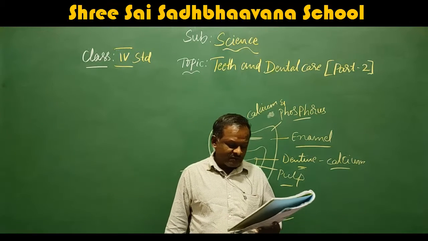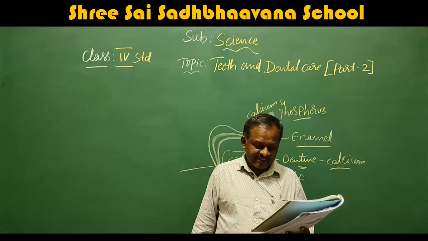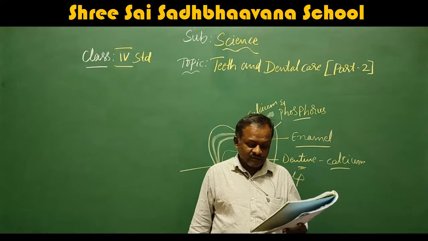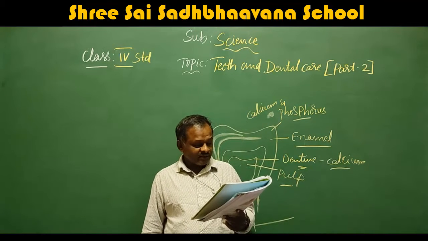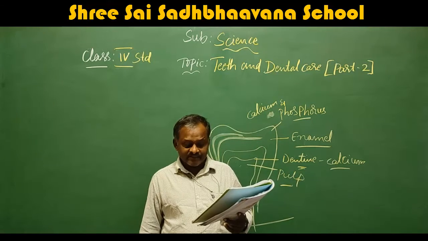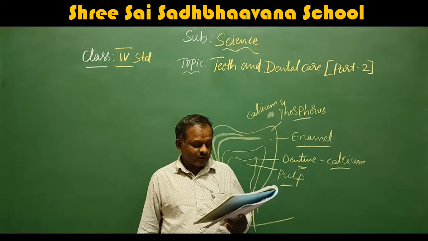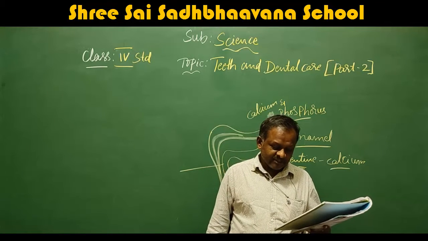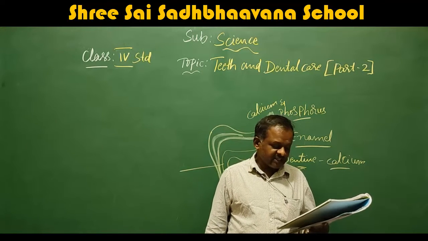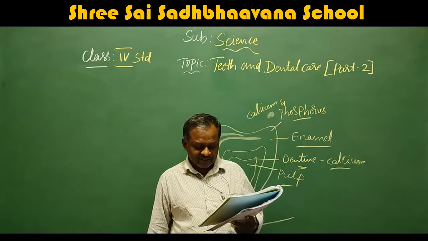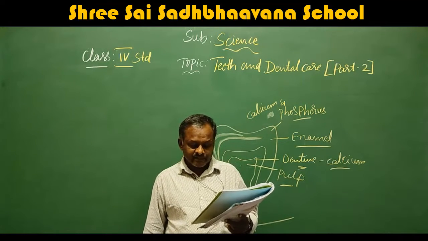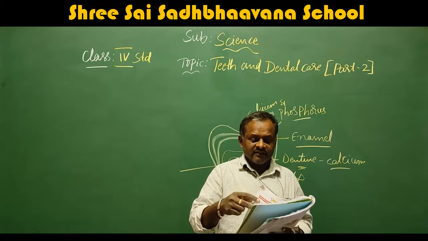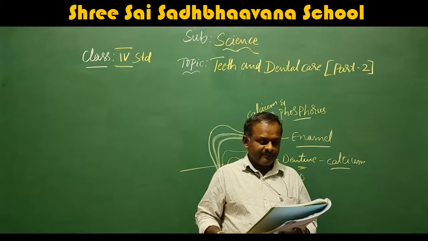There are 8 molars, 4 at the top and 4 at the bottom. They are wider and stronger than premolars. They work closely with the tongue to help swallow food. Third molars are commonly known as wisdom teeth. These are the last teeth to develop and do not erupt until the age of 18 to 20 years. Some people never develop third molars at all. The third molar may cause crowding and may have to be removed. So this is about the types of teeth. Now I will explain one by one.